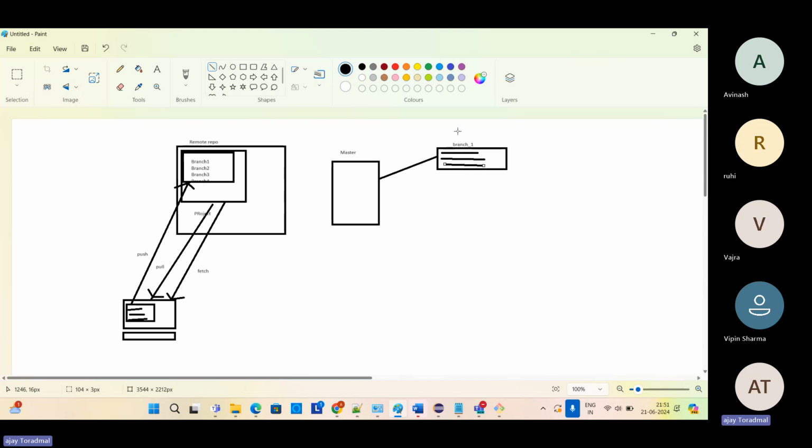All right. So this is the first branch I have created. Okay, so parallelly, assume that we have a second branch as well, which is also created from master, or maybe from other branches as well. But let's take the example. This is also from the master. And parallelly, I have added some changes here. So in this particular branch as well, I have added some changes. Now this is called branch 2. This is my branch 2,